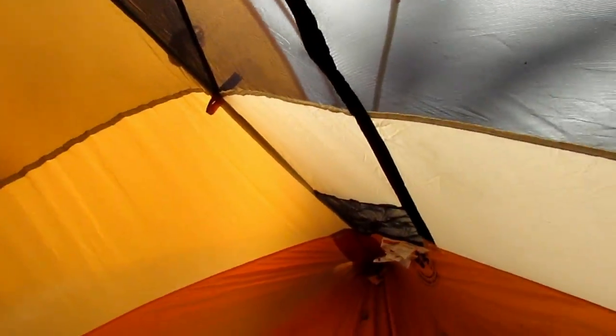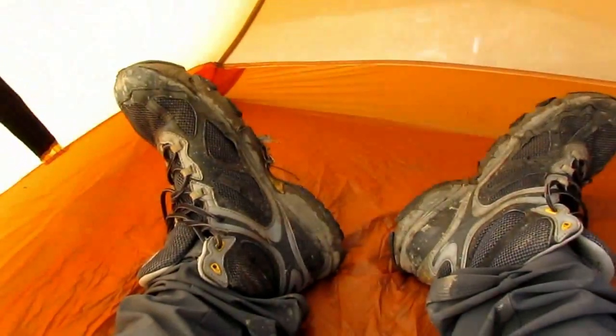How much of a, it's probably like a 3-inch gap between all of it. So the condensation and everything, it shouldn't drip on you too well, depending on what you're doing and how bad the weather is. Here at the back, it's a little bit better. You know, any tent is a tent. I have a ground cloth underneath me, and